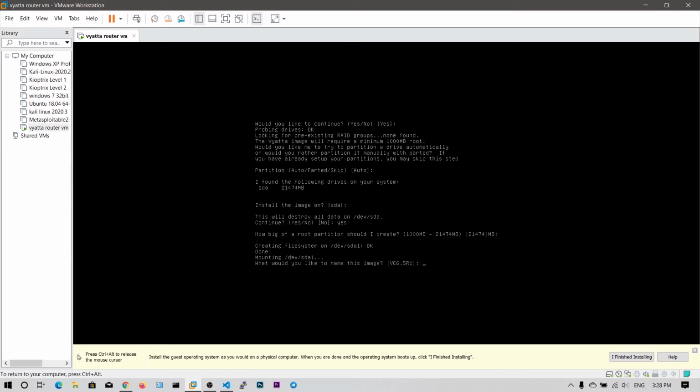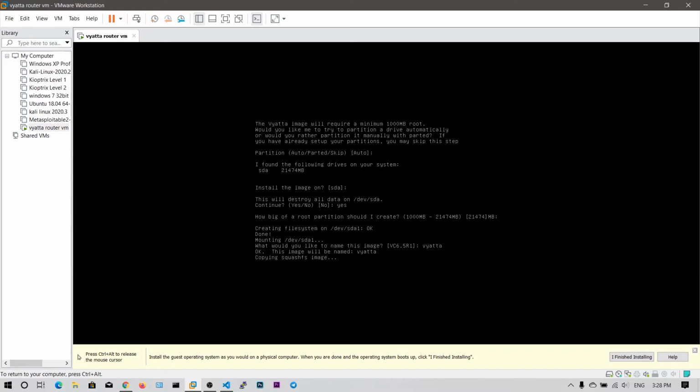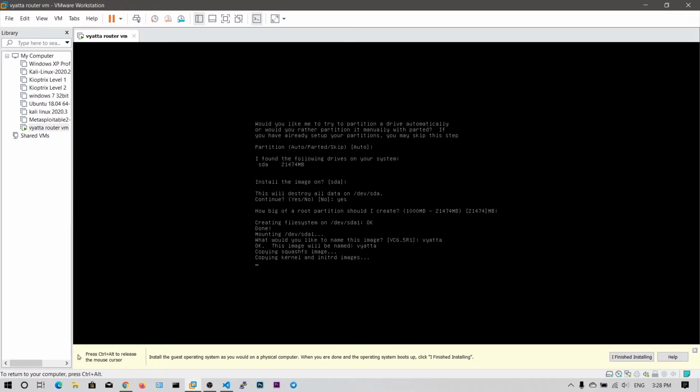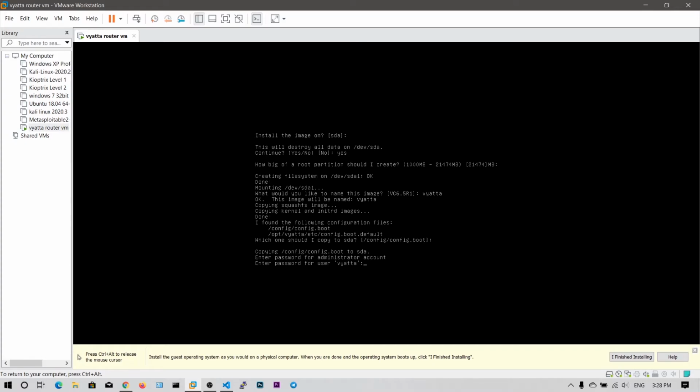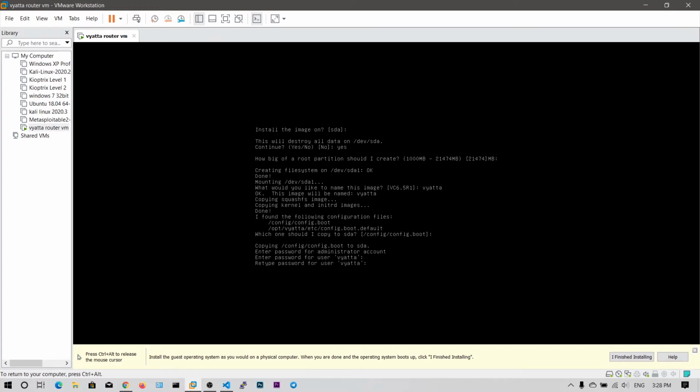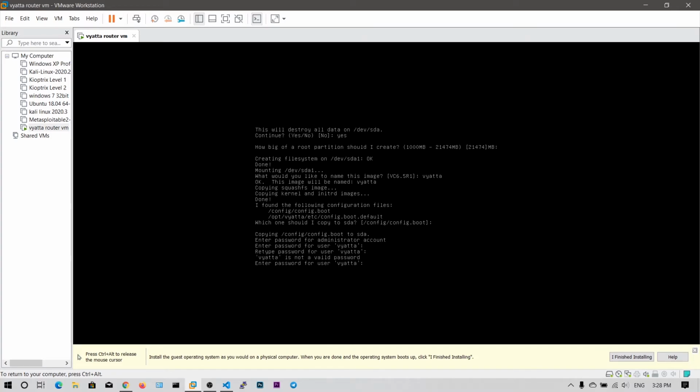Would you like to name this image as, say, vyatta? Now it asks to enter the password for the administrator account for user vyatta. I am going to put this as the default, vyatta. So vyatta is not a valid password.